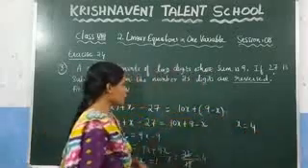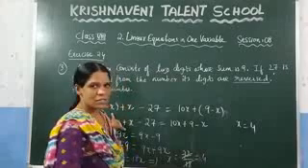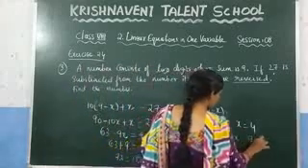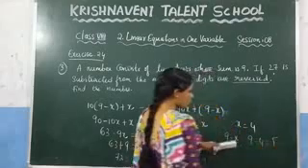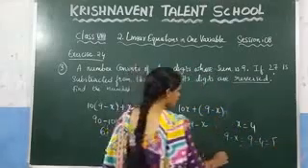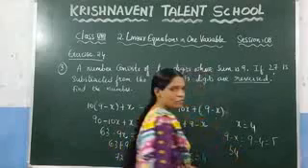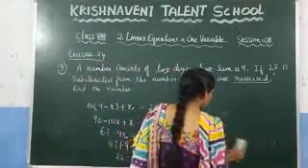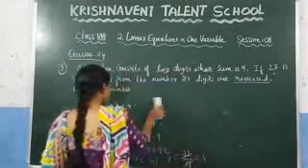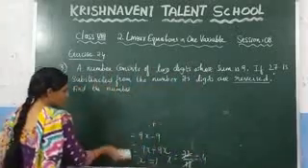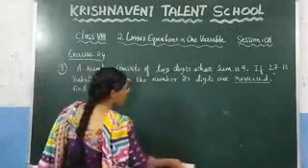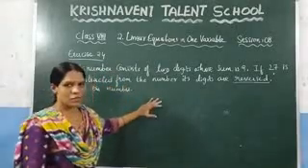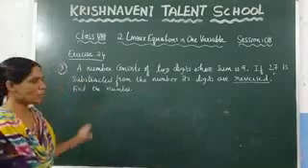Now you need to find the value of 9 minus x. If you are subtracting x from 9, what you get is 9 minus 4, which is 5. So what will be the required number? You got it, which is nothing but 54. Like that you can solve this problem. What is the problem given here? You need to find the 2-digit number, and if you subtract 27 from the number, its digits are reversed. Based on that you can find that number.